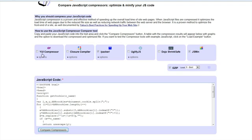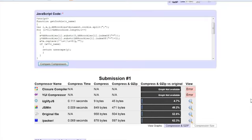and when you get done, you can select the tools that you want to compare. Some of them are giving some errors on these things, but I'll select them anyway so you can see what they do. And then you click Compare Compressors. Now, this code right here is 959 bytes, not real big,